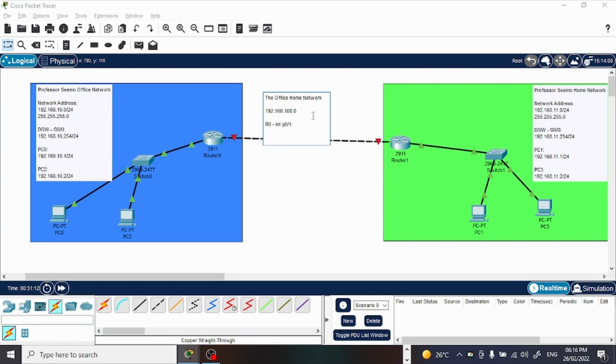For router 0, its G0/1 interface is going to have an IP address of 192.168.100.1, and for R1, router 1, interface G0/1 will have an IP address of 192.168.100.2/24, of course, for this one, and for this one too. Alright, okay,